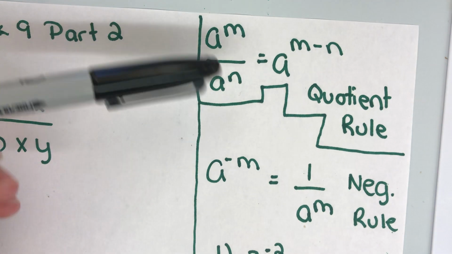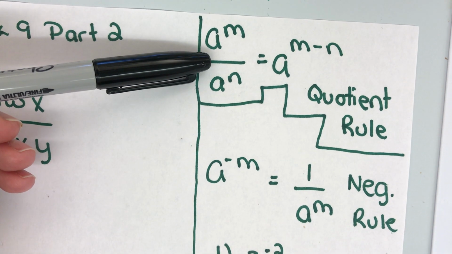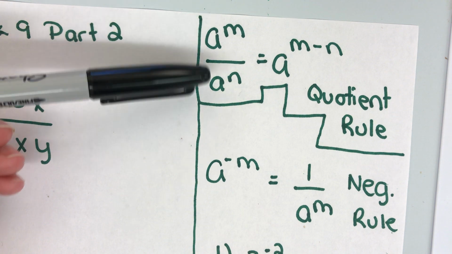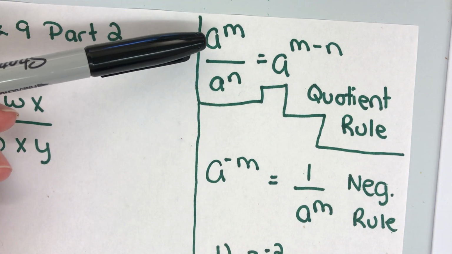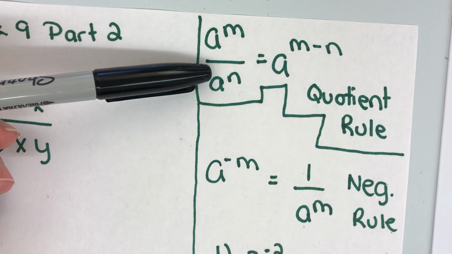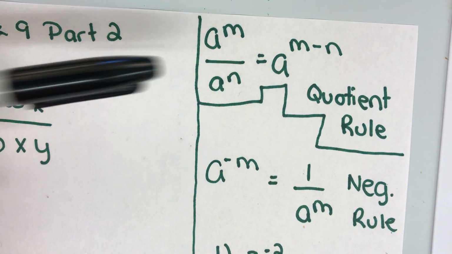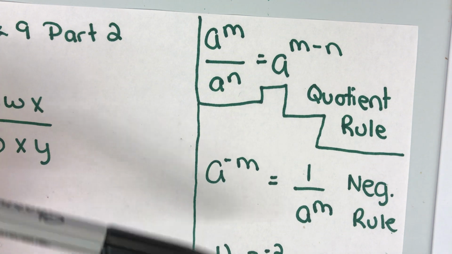In this first rule up at the top here, it's called the quotient rule, which is a rule of division. And through division, the rule is that just like multiplication, you were able to add the exponents, while with division, you're able to subtract the exponents. I'm going to do some examples with that in a few minutes, but I do want to address the rule